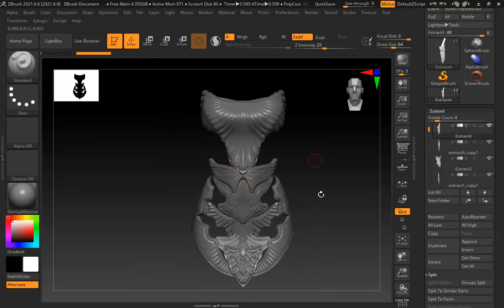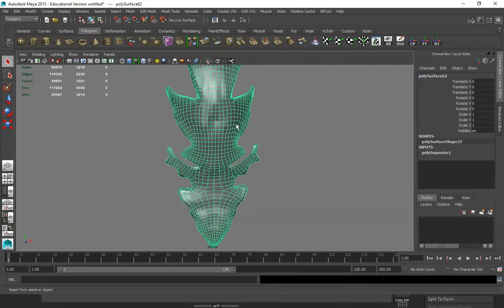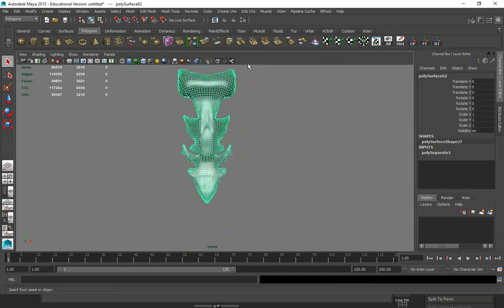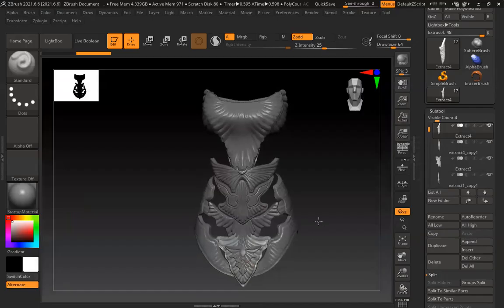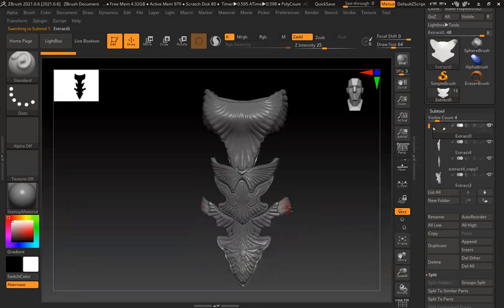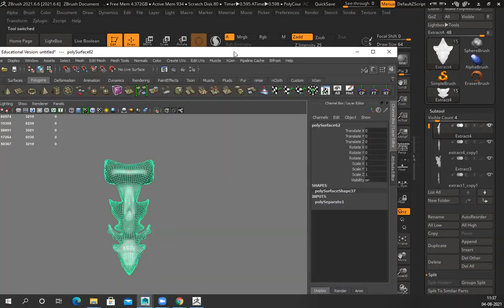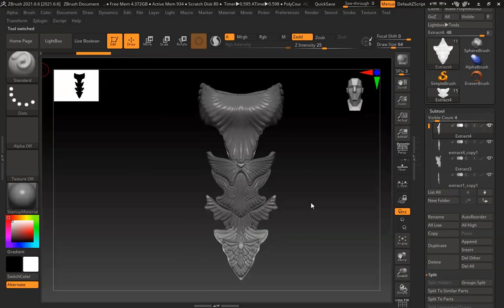So the easiest way is, I'll just make sure my high poly and low poly have the same geometry. Here I can see this is only the front part. So I have to make sure this side is not there in my low poly, delete it. This is also not there, delete it. Only this section. So this is only the front part, same, right? So everything is high poly.